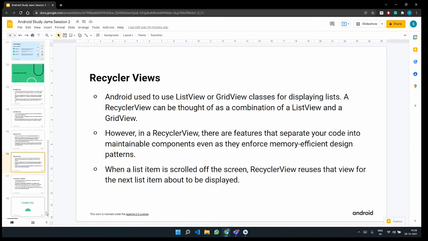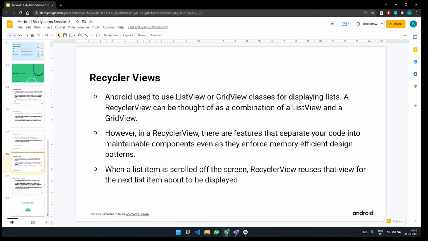There are some key classes that we need to know when we talk about recycler view, and one is the view group. A view group contains views that correspond to your data. It could be the view itself, the way in which the news article is being represented in front of the user.